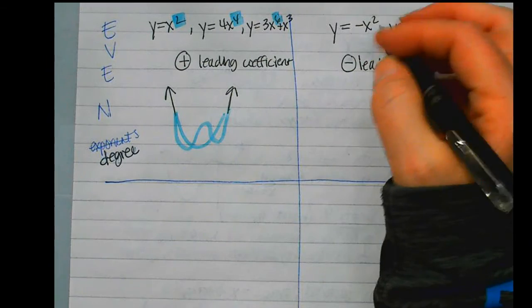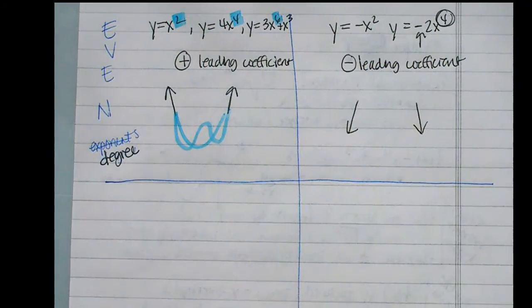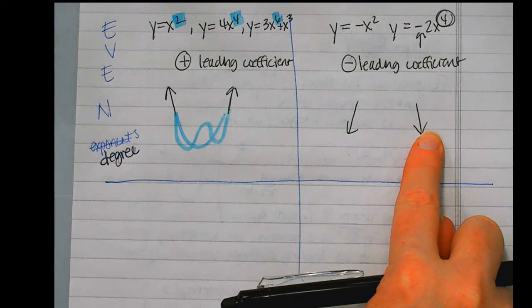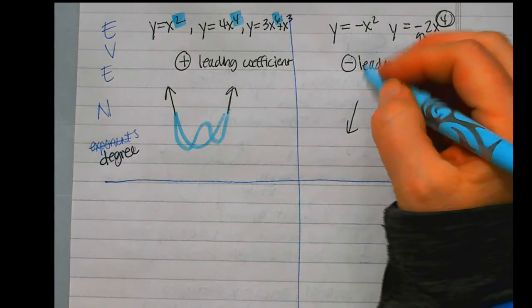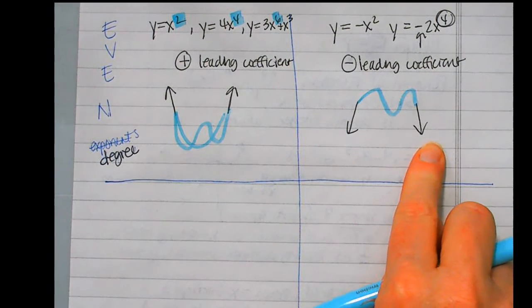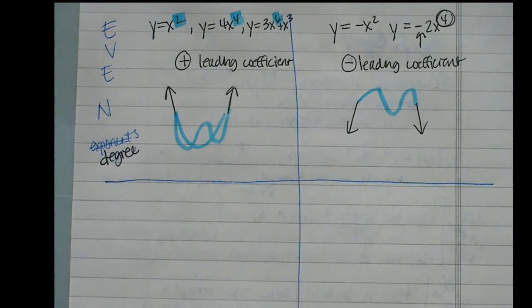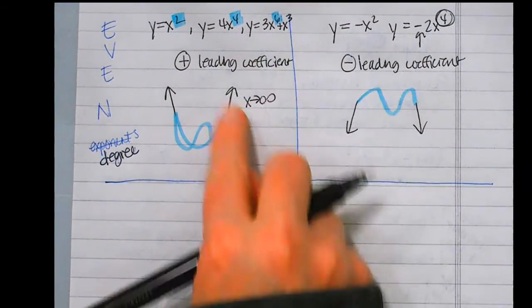So then we would have whatever happens in the middle, but both ends go in the same direction. We might have some other things happening in the middle, but I know for sure that both ends are going to go down. And we write that like this, where we say, as x goes to infinity on this side,